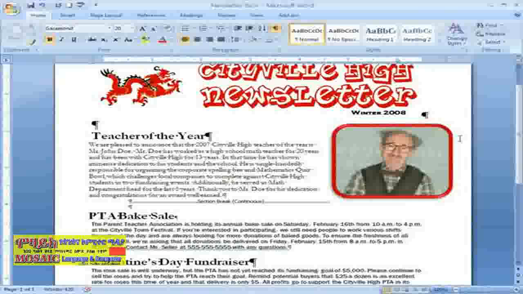I think Mr. Dell will be proud of what I've done with his portrait. As you can see, there are lots of things you can do with pictures. With the picture formatting options in Word 2007, there's no need for high-tech editing software. You can easily do quality picture editing in a flash. Take a while and explore all the picture options and see how you might be able to